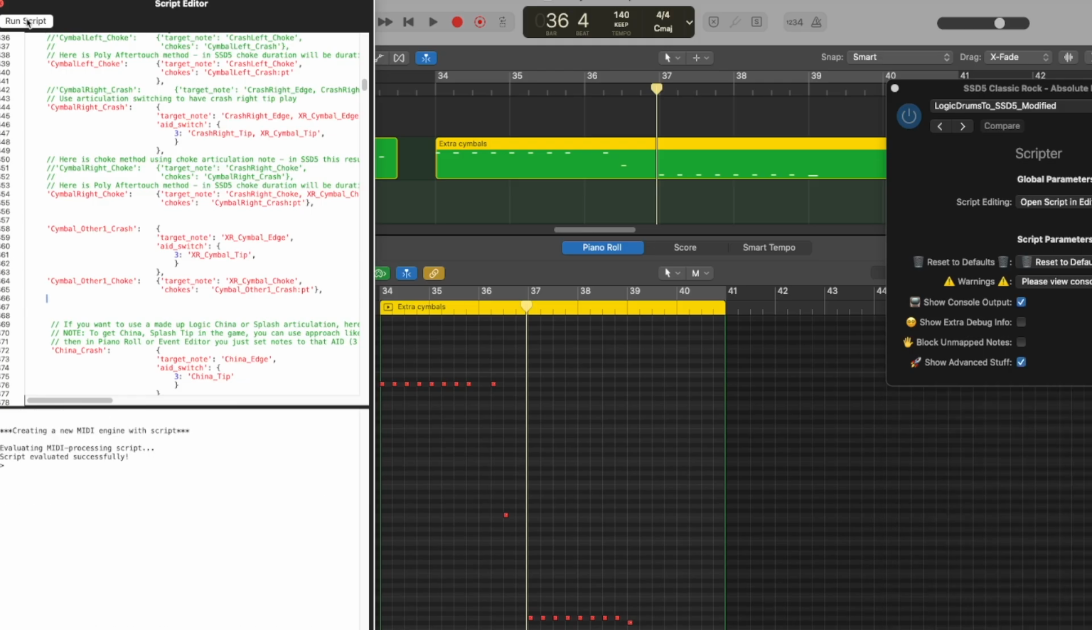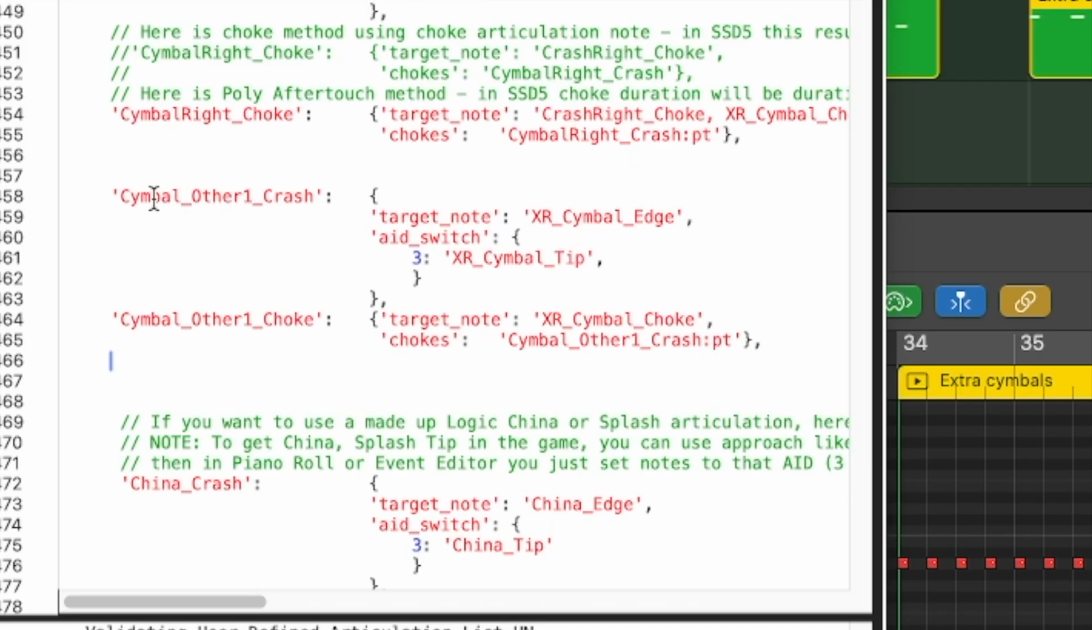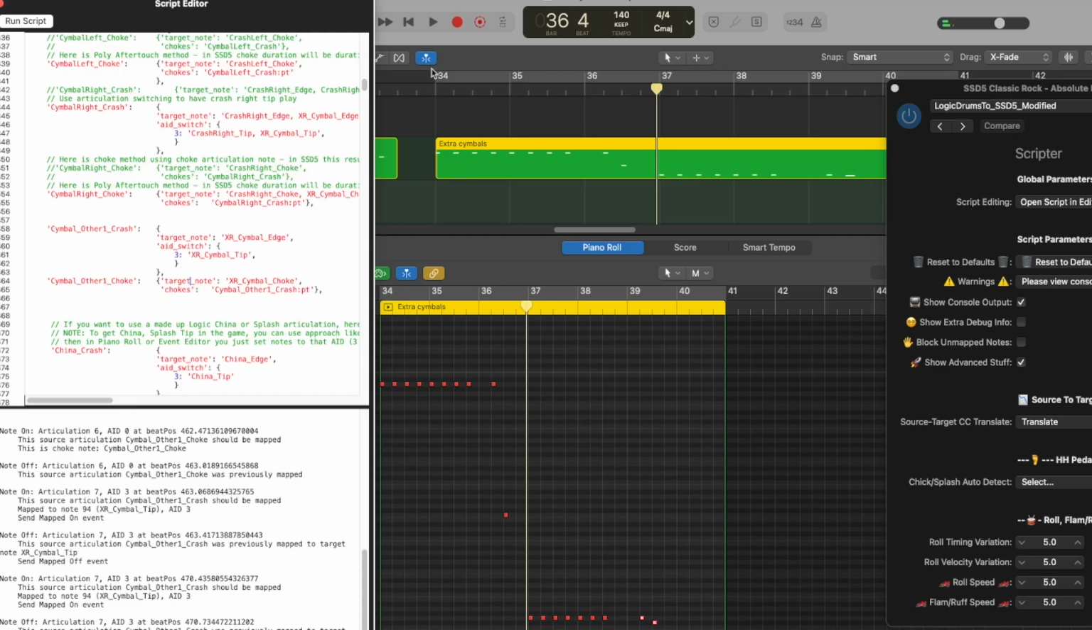Hit run script. And now with just that change, all we're doing is saying that this other 1 crash is going to map to the XR cymbal edge. With an ID of 3, it's going to become that XR cymbal tip. And likewise with the choke. So now if we hit play,